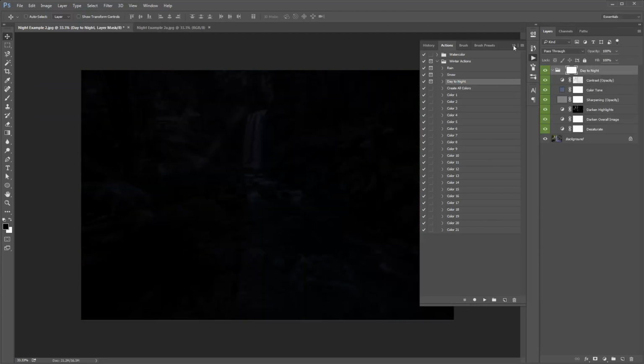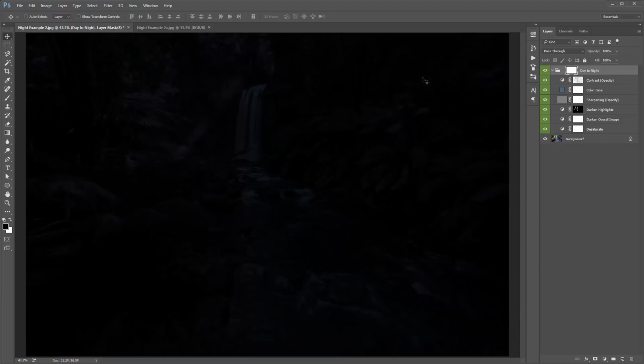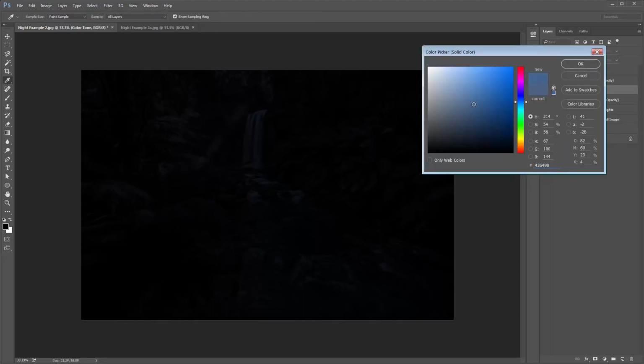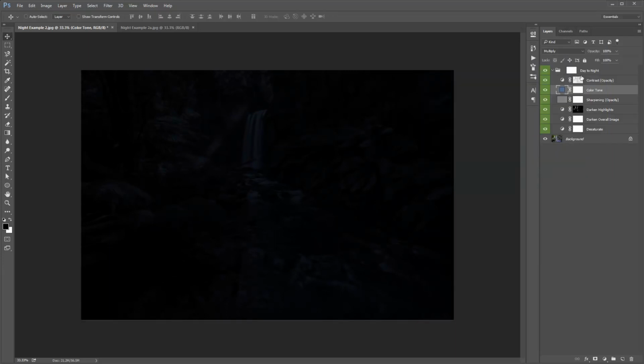Okay, so everything is now dark. What we want to do is, if you want, you can play around with the settings here, but I think we'll leave it as it is because we'll add some lighting in. Actually, what I might do is make this a little bit more blue. Okay, just a little bit. We'll leave those settings. So we'll merge this all into one layer because we want to jump into the camera